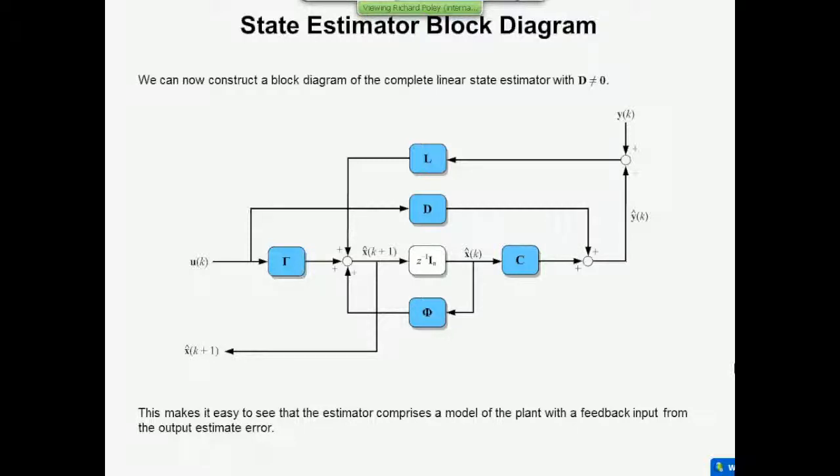Now, when you construct and use estimators like this, you're looking for the state vector output. But because it's a difference equation, the state vector at time k plus 1 appears here, and the state vector itself appears here. What people do is use this one, because it's in the most recent sample period. So that's the newest state vector, and that's the one that's always taken. You can take the other one, but why wait? Get the most recent sample that you can.